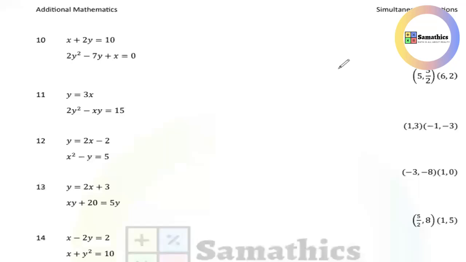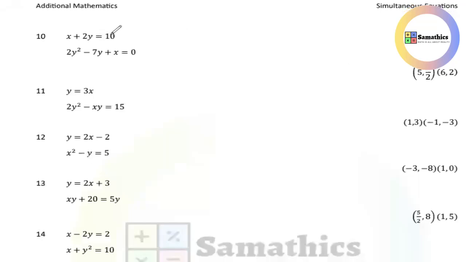Okay, we have here x plus 2y is equal to 10 and 2y squared minus 7y plus x. The same is the case here. You can make either y the subject or x the subject, but it's better if you make x the subject because it has coefficient 1, and you will be getting the equation without a fraction. You can simply substitute the value over here, that is 10 minus 2y, and then